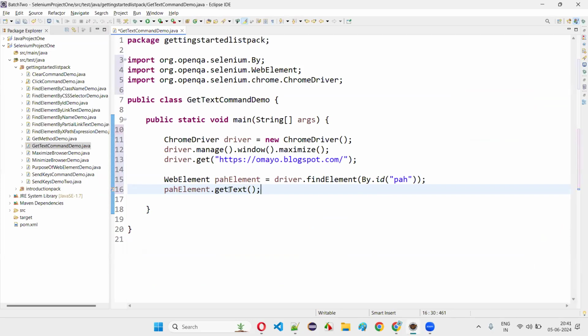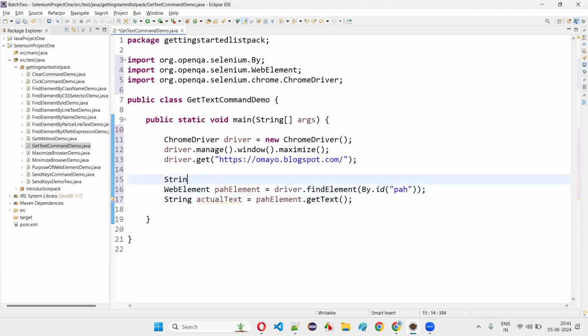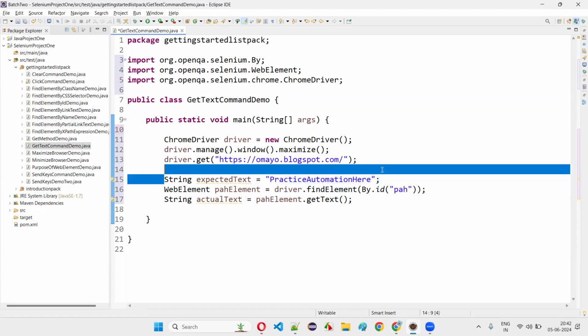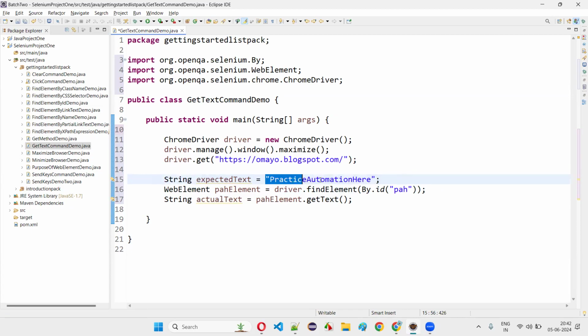Put a semicolon here. Whatever text is there now will be retrieved, and I'll store it in a String called actualText. The client is also expecting some text, guys. As per the client requirement, some expected text is there. What is the expected text as per the client? The expected text is practice automation here. As part of software testing, the client may give a requirement where this practice automation here text should be displayed on the web page. We'll store it into the expected text, and we'll compare this expected text with the actual text. If both are matching,